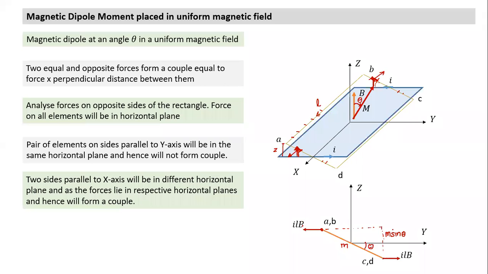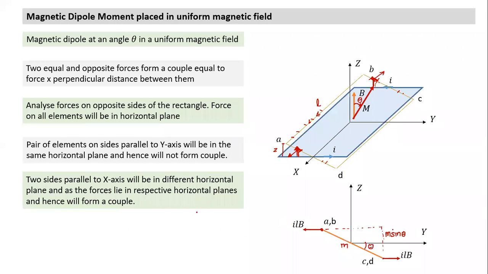There's no theta angle coming in. The direction of the L vector is still along i cap. Are you following? This current is along i cap and this current is minus i cap. And the field is along the Z direction. So the force is always in this fashion. This is how the force is acting on the two sides, ILB and these forces.